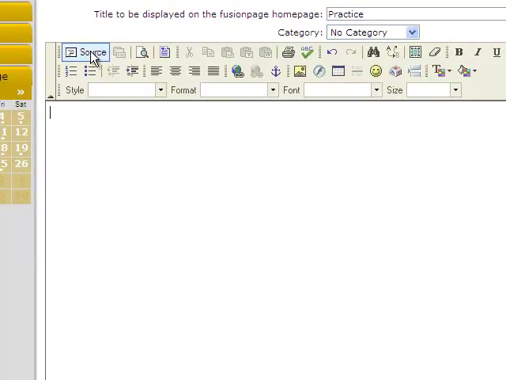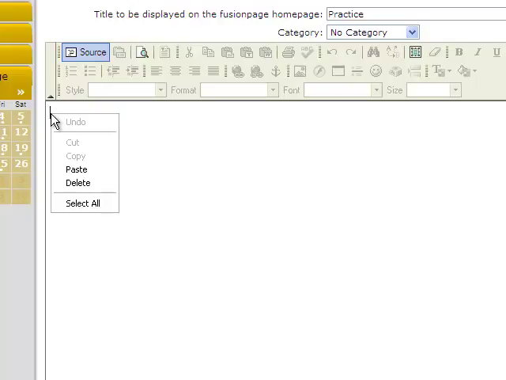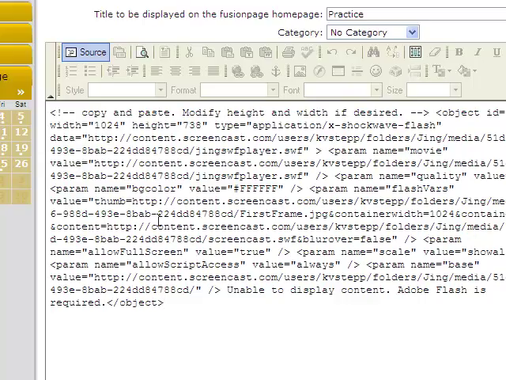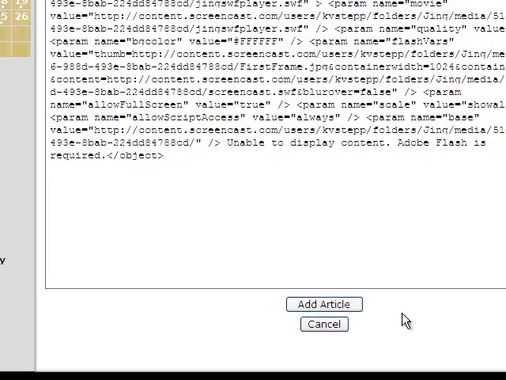Click source, and when it comes out just a little bit like that, it looks like it's tabbed out, that usually means that it's going to work. So I'm going to right click here and click paste, and this is the formula that we need. Click add article,